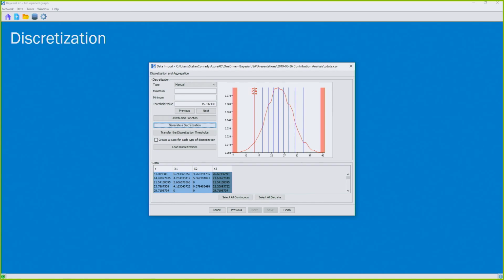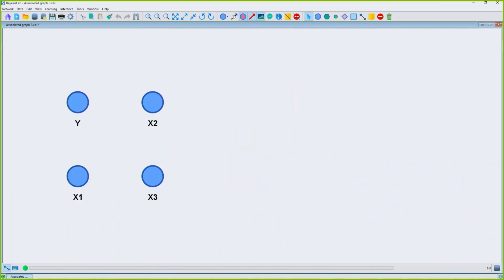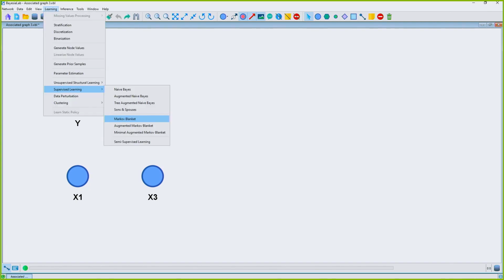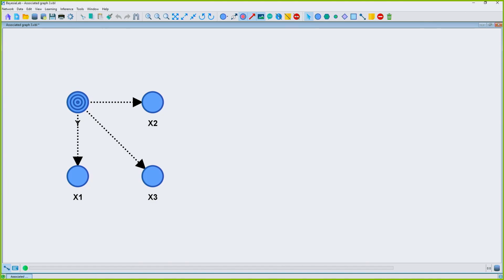I will not spend any time discussing that here, but given that we have a fairly large data set with 5,000 observations, that's not much of an issue or concern. So with that, we conclude the data import wizard and get to our initial unconnected Bayesian network. We will start learning. In this case, we want to use a supervised learning algorithm, here Markov blanket learning,